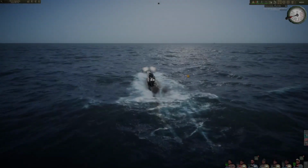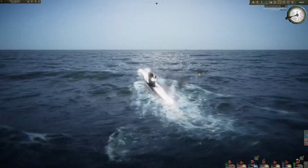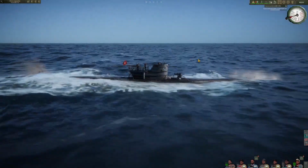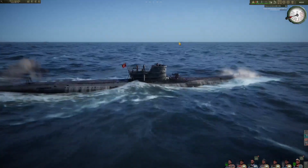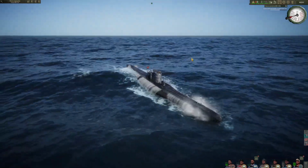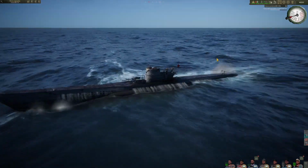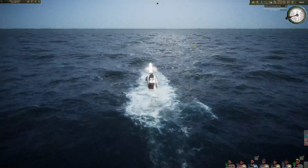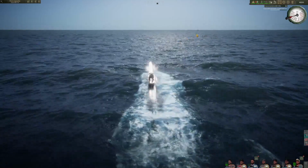Alright, looks like we've run into another lone merchant. This time I don't see any, well, there's a group over there, just over the horizon, I should say, a possible hunter-killer group. We're going to go ahead and intercept this merchant and see if they're a smuggler. Probably are,